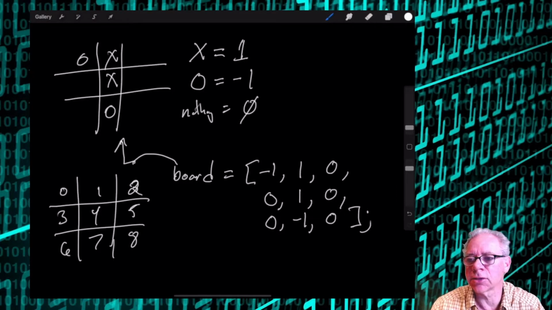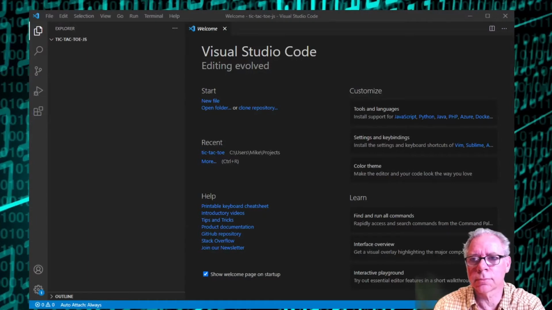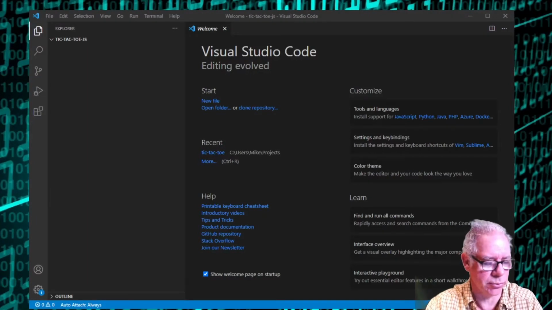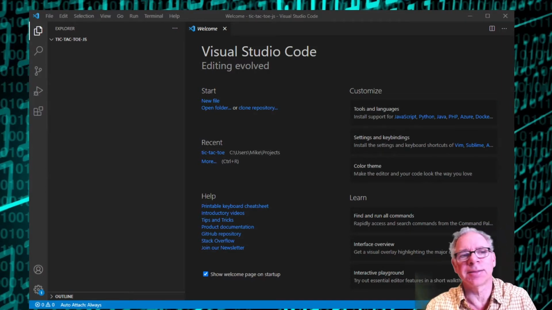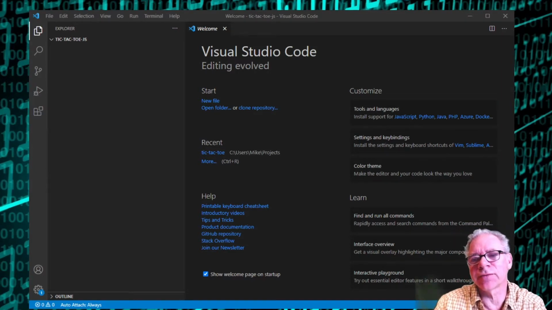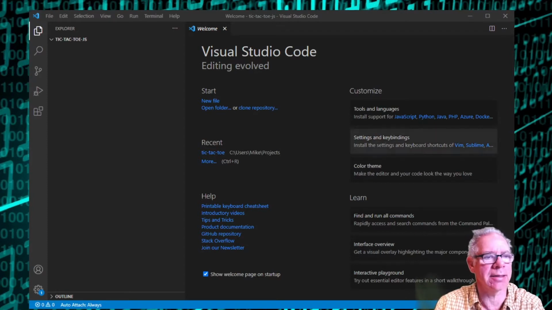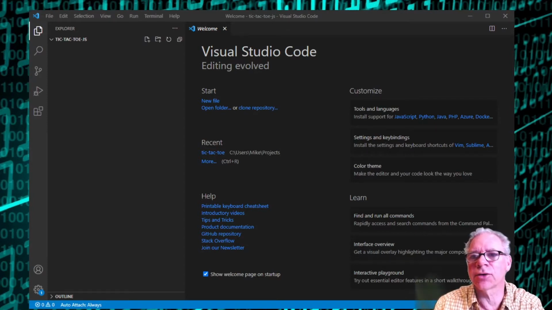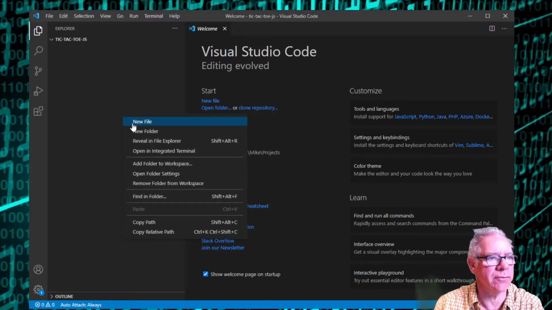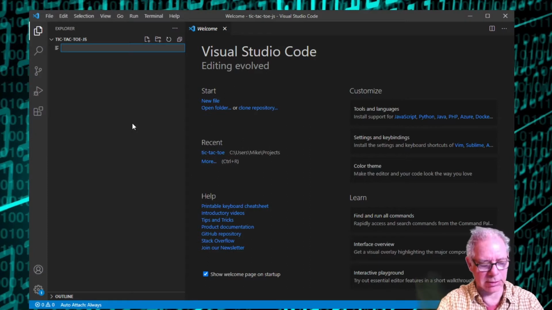All right, so let's try writing some code. Okay, bring up Visual Studio Code. Let's just write the most simple kind of web page that we're going to put some JavaScript in and just debug it all in Chrome. But we'll write our code in Visual Studio. So first thing we need to do is create